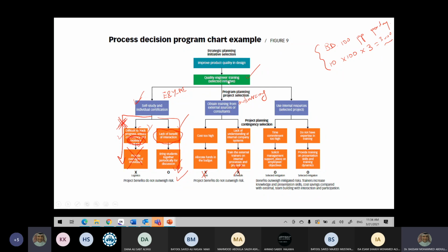What about something else? If I want to train a quality engineer, I could use internal resources. And using internal resources is a good idea. So I'm going to use people inside my company. And this is what we do. For example, sometimes we have peer tutoring. Peer tutoring. We say,